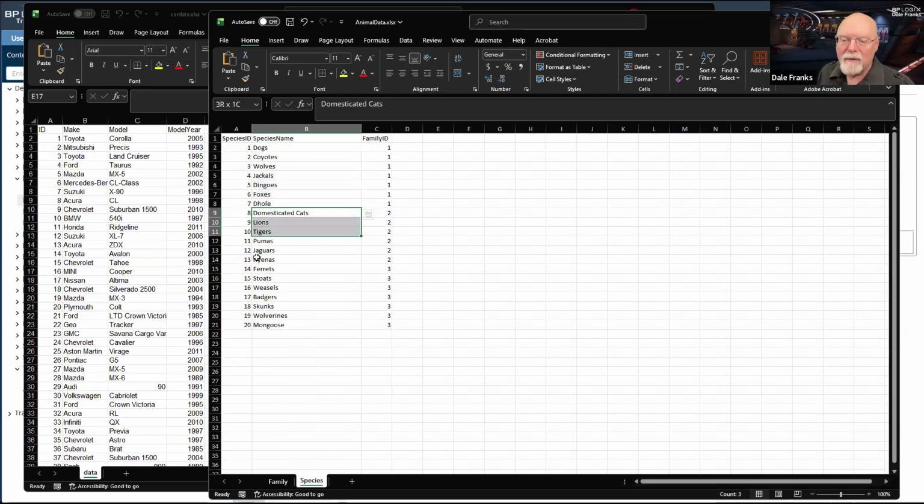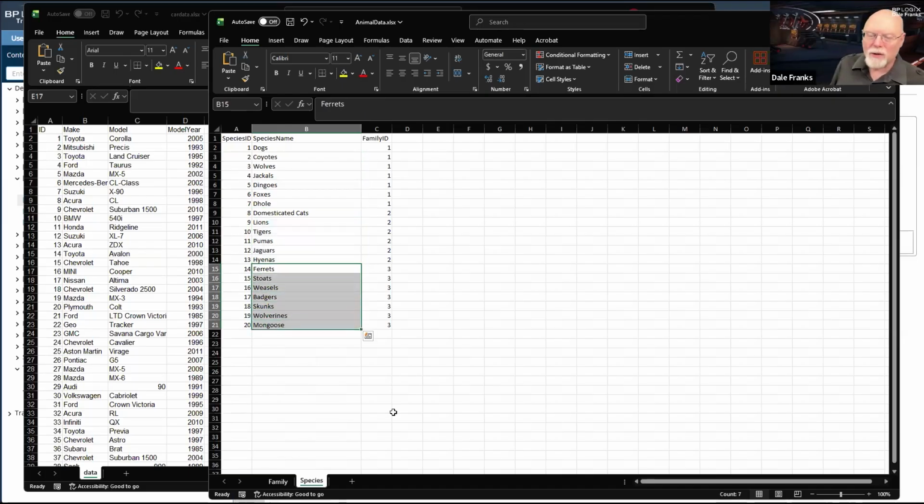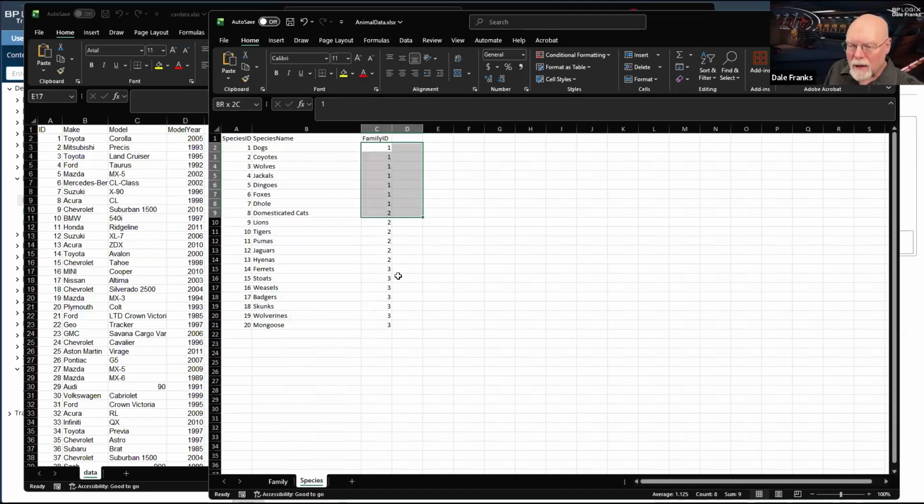And if I pick Felidae, I would get my cats. And if I picked Mustelidae, I would get my weasels. So the Excel spreadsheet enables you, as long as you can make these links between the first set and second set of records, it makes it very easy to import all of the data at one time.